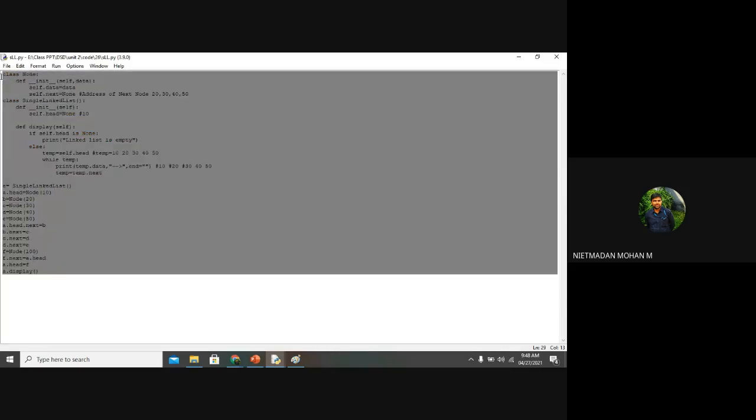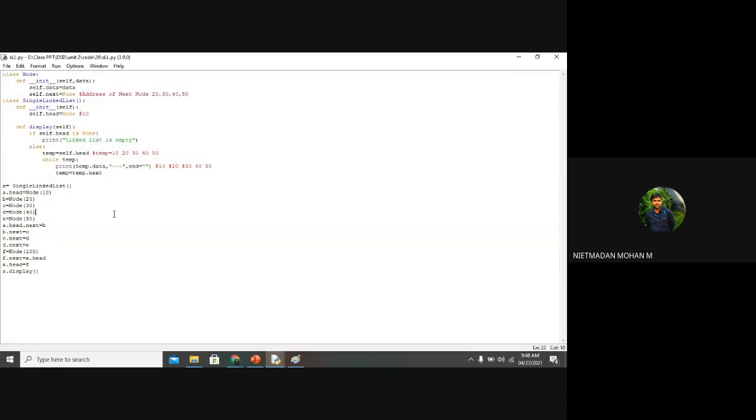Yes. So as of now, this is the thing for the creation of a singly linked list. And in the next class, we can discuss, in that same singly linked list, how you can insert a value in between the list and how you can delete a node in between the list. That is the thing we are going to look at.